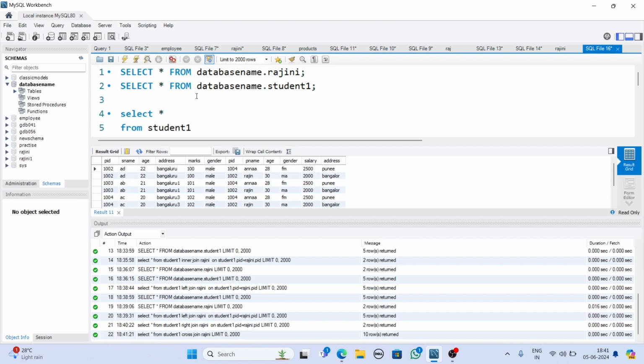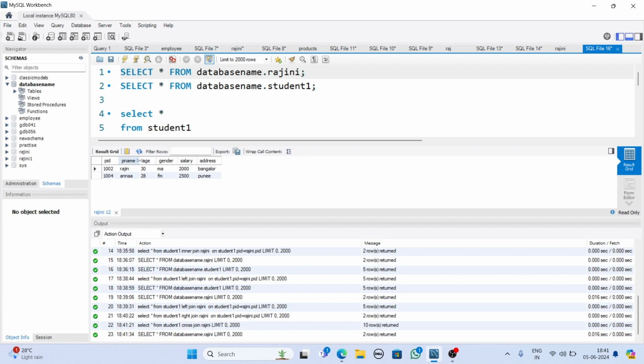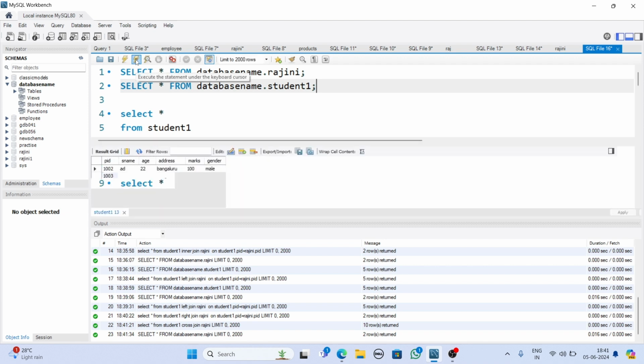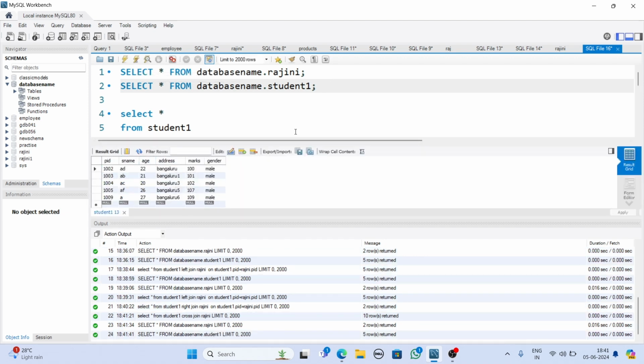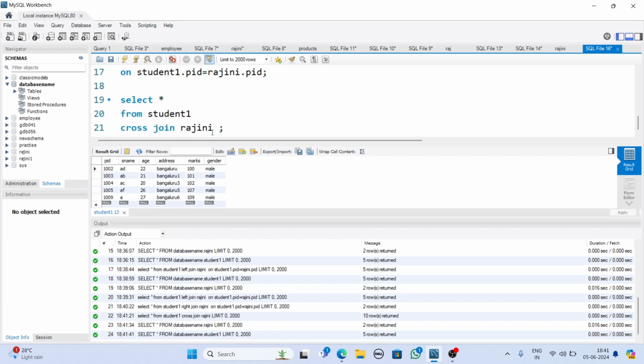First let me show the table. In this table we have 2 rows. In student one we have 5 rows. Here we use student one as the left table and cross join with the right table. The right table is Rajni. Whatever rows are present in the left table will match with the second table, that is the right table. Each row matches with all the rows present in the right table. So if you see the result,